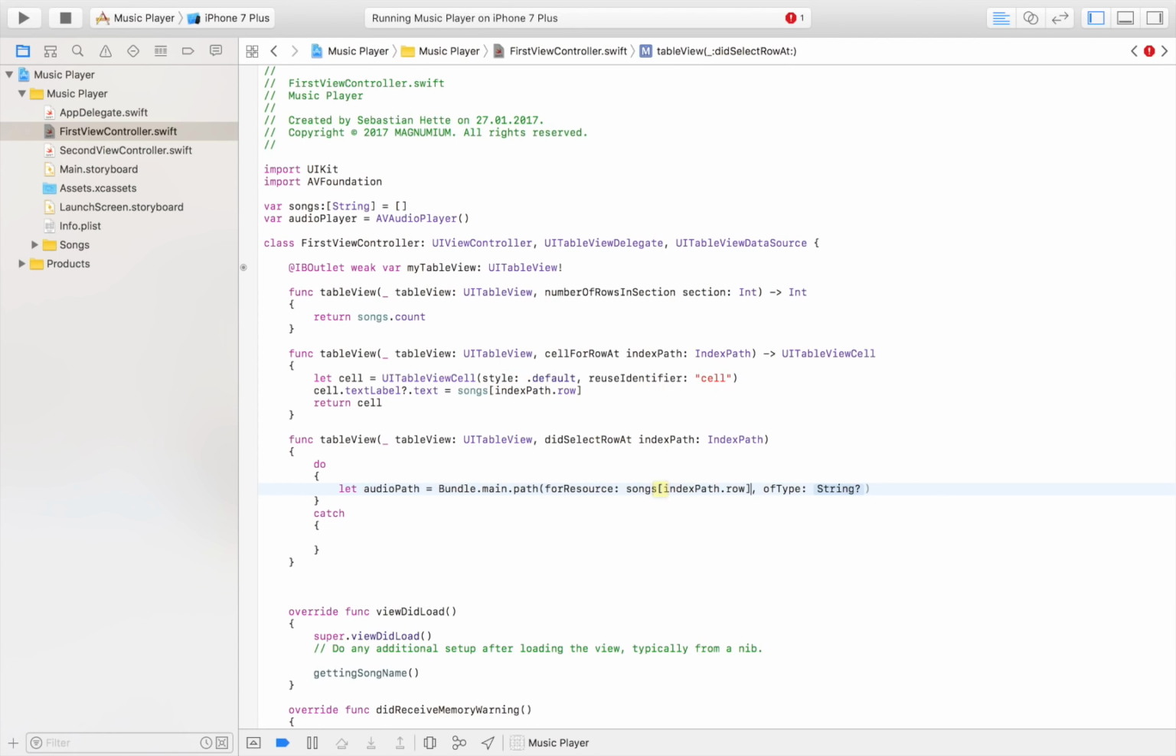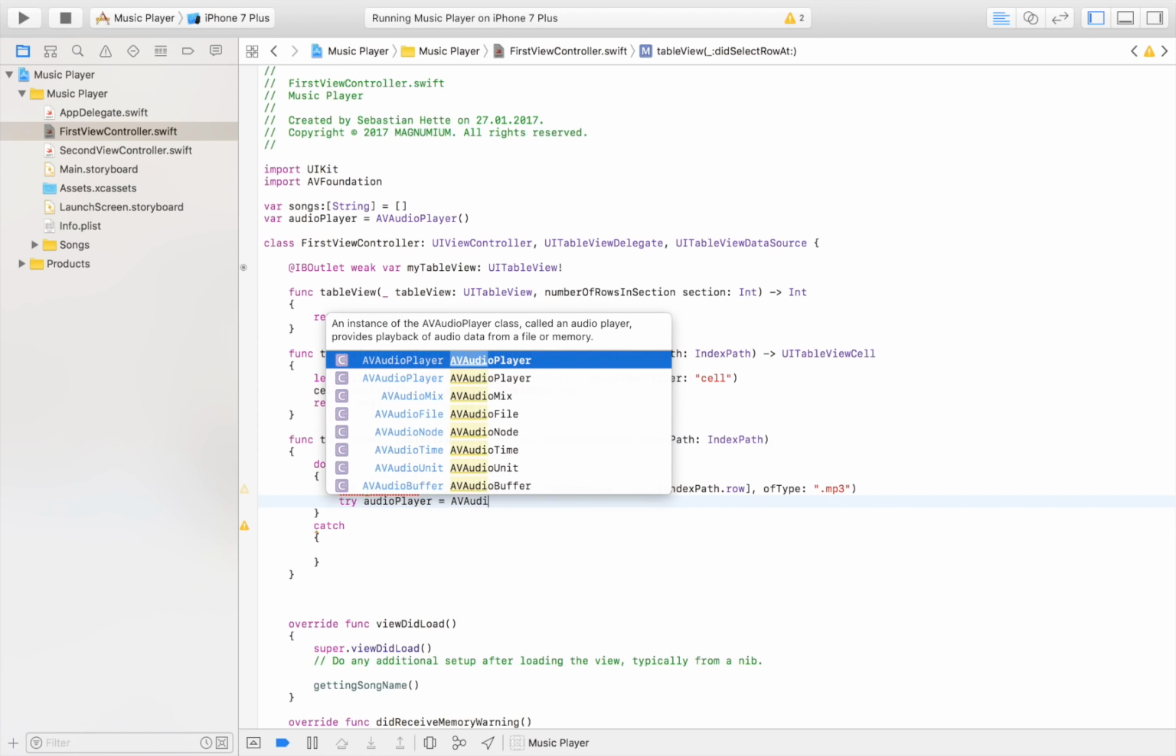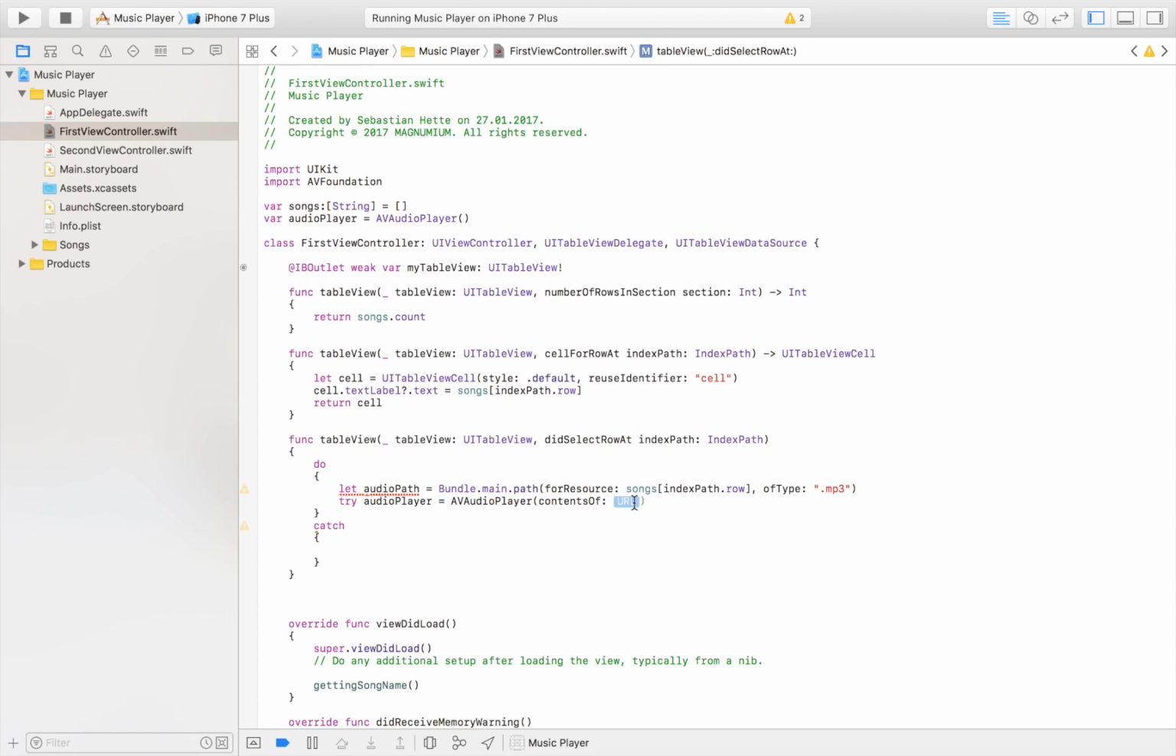And this is a complicated way of basically saying we want the name that's displayed on the cell that the user tapped on, and we're accessing that by checking which row the user tapped on and checking that against our array, and that will give us the name of the song that the user has just tapped on, and the type is just mp3. There we go. And then we want to take that content and push it into our audio player. So we're going to say the player, the audio player, to be equal to an AVAudioPlayer, and we want the contents of, let's see which one it is, it's this one, contents of